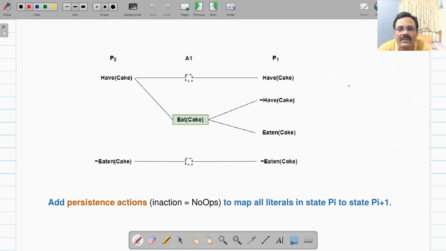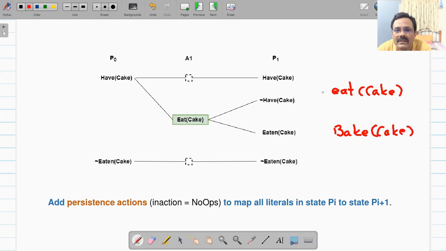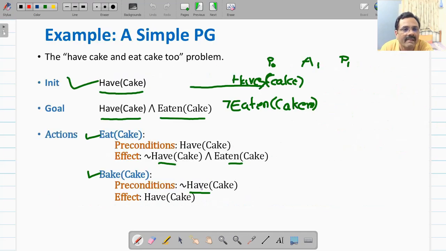Here you have introduced eat cake. For eat cake the precondition is have cake, so here I will introduce eat cake as we have done, and then bake cake. For eat cake precondition is have cake. For bake cake precondition is not have cake, right? Okay.